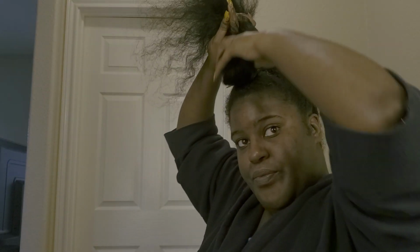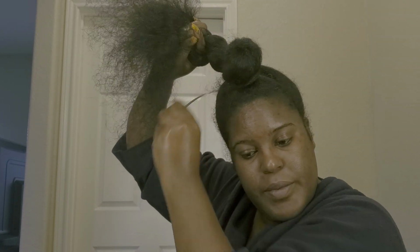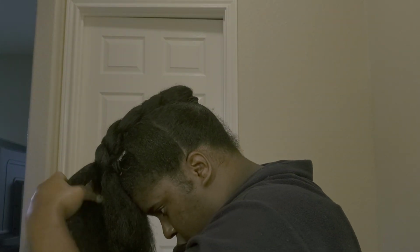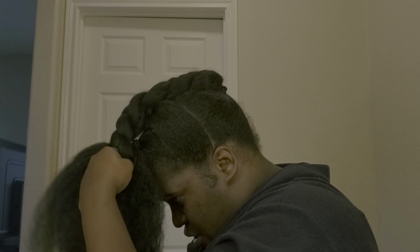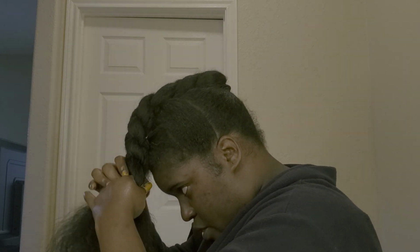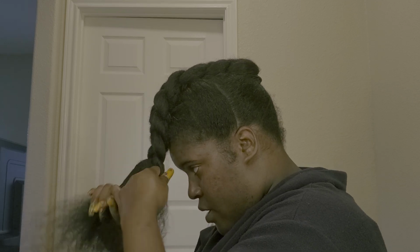And I'm gonna bring it up. So now I have a new braid. I'm gonna remove the clip here. Undo that one. Make sure my 3 parts are done, and I'm gonna slowly start incorporating hair from the front. Just like that. And now that I'm at the end,